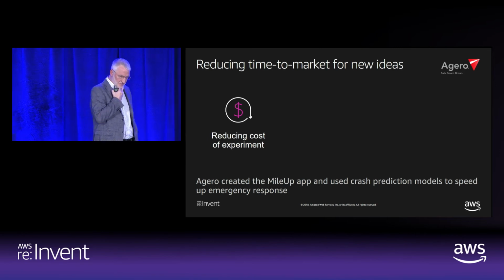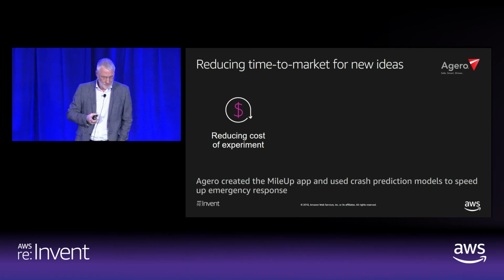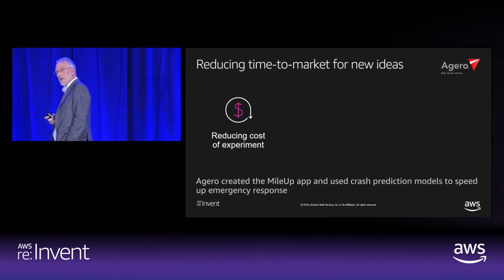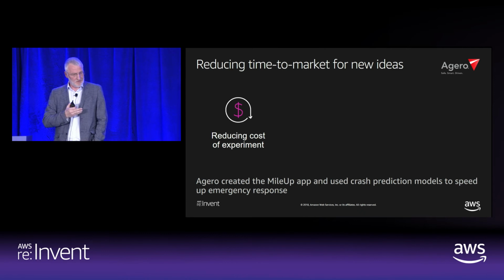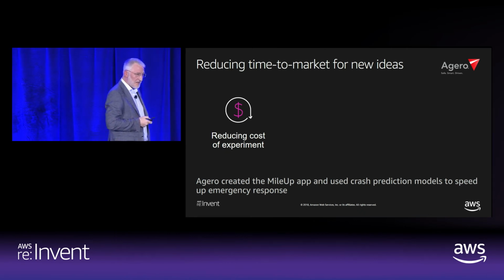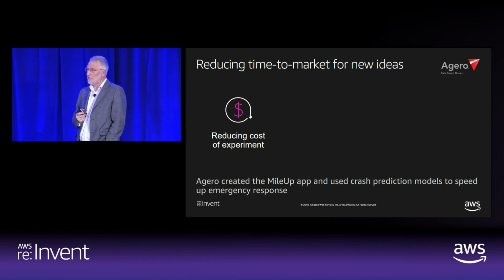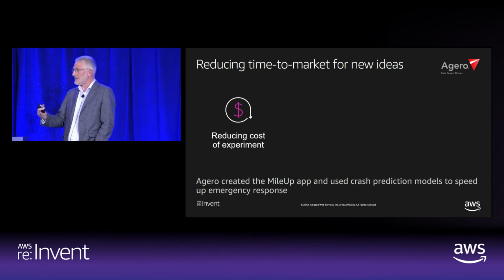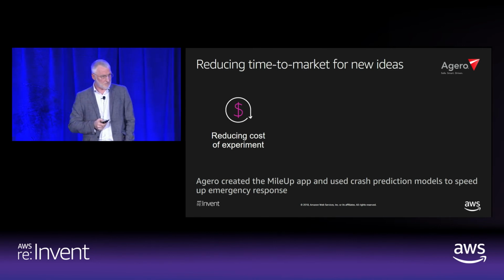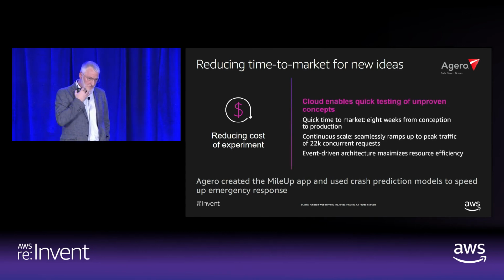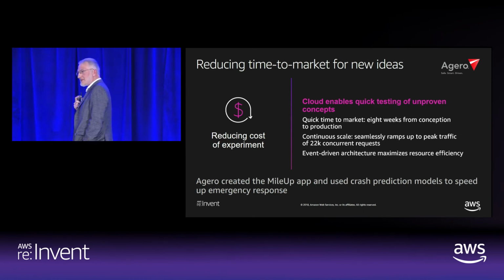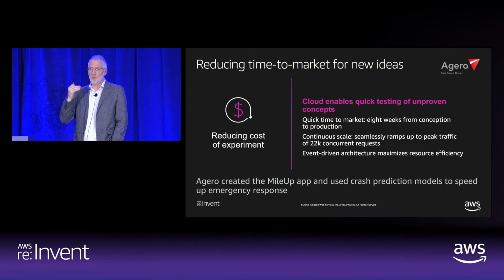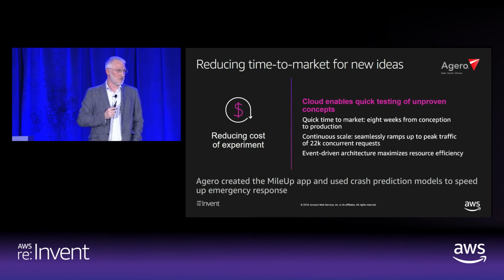So let's talk about some of the examples here. Jarrell is a company that builds systems for insurance and automotive. And they built an application called the MileUp app. The MileUp app was designed to help first responders after a crash by anticipating what the impact of that accident might be. And when they first started, they thought they would have 40,000 customers. But they were wildly successful, and they had multiple times more than those 40,000 customers.